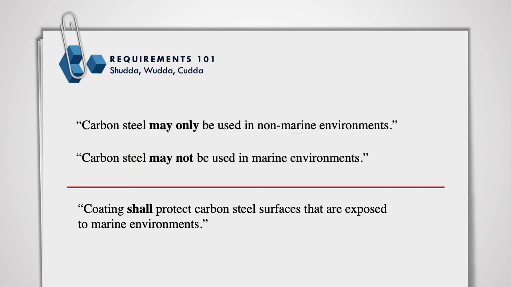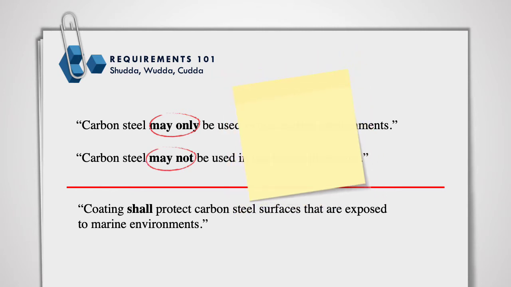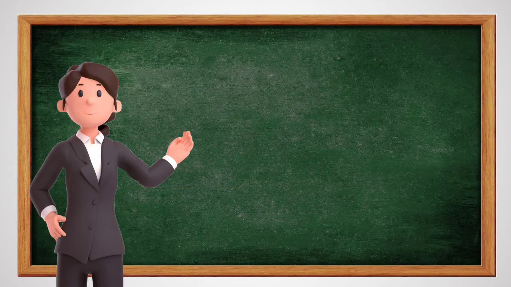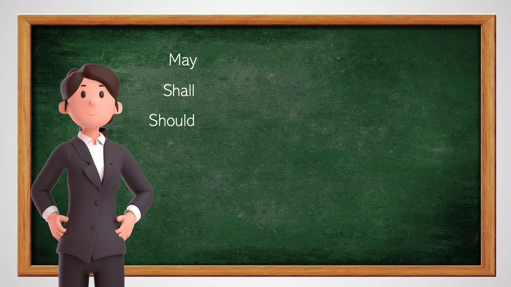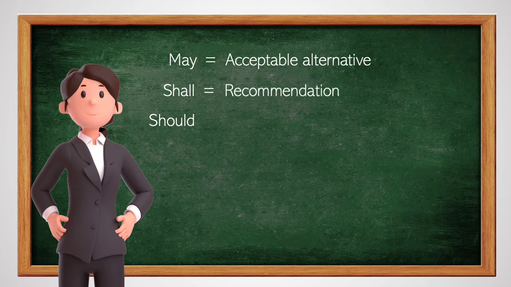So, watch out for any may only or may not and other mays with restrictions. In nearly all these cases, you're looking at hidden requirements. Another thing to watch out for with may, and actually something that also applies to shall and should, once we've committed to use a specific term like may to formally denote the presence of an acceptable alternative, to avoid any confusion, we need to avoid using that specific term for any other purpose.